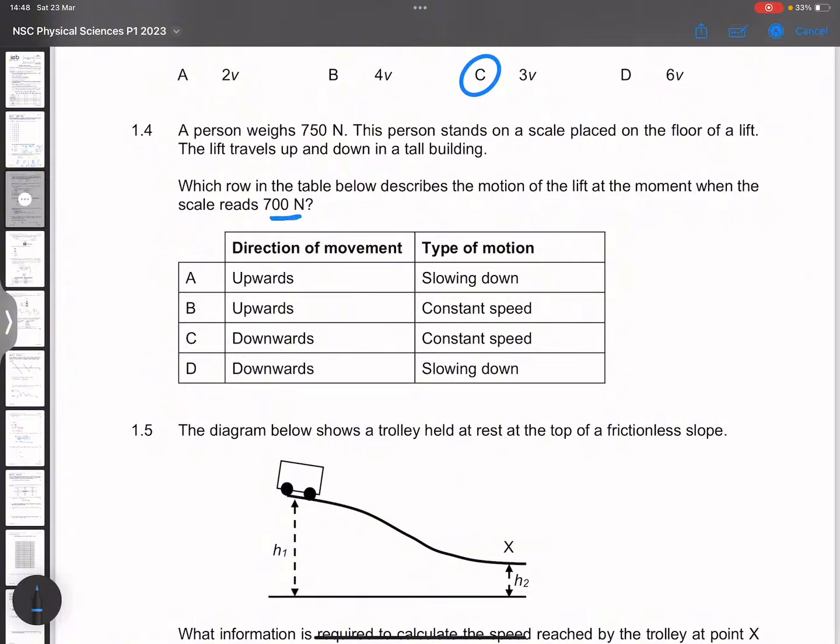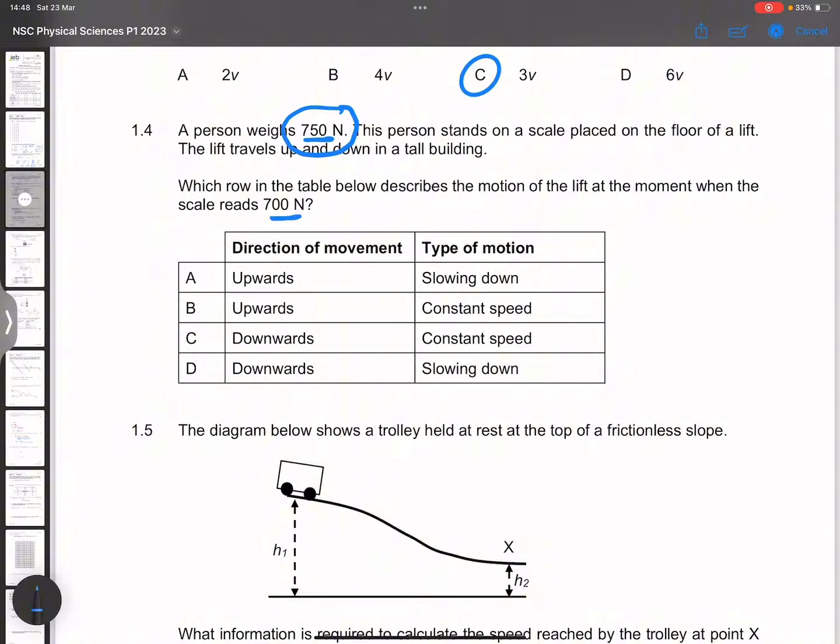I want you to note in this case that the scale reads less than what the person weighs. Now, remember, inside of a lift, unless the lift is stationary or moving at constant speed, in which case the scale will read exactly what the person weighs,